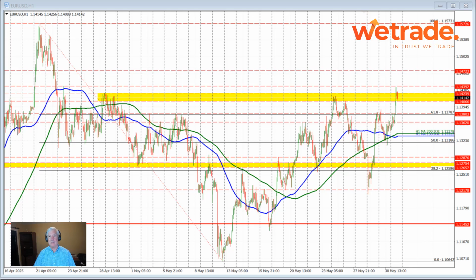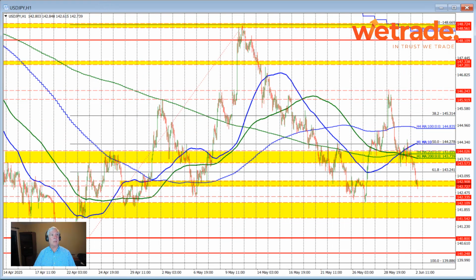Let's take a look at the dollar versus yen next, and again we'll focus on the hourly chart for this currency pair. We found that the market fell below the 61.8% retracement right here, similar to what we saw in the euro versus US dollar. There wasn't necessarily anything else at that level right through here, so we traded above and below it, but then found willing sellers and rotated to the downside with the last move lower in the US dollar.